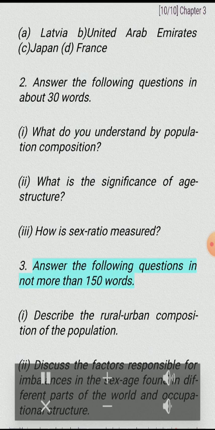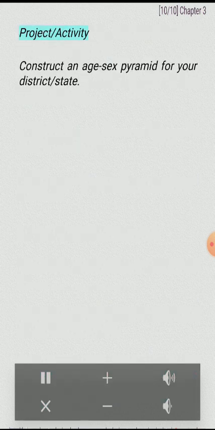3. Answer the following questions in not more than 150 words. I. Describe the rural-urban composition of the population. II. Discuss the factors responsible for imbalances in the sex ratio found in different parts of the world and occupational structure. Project, activity. Construct an age-sex pyramid for